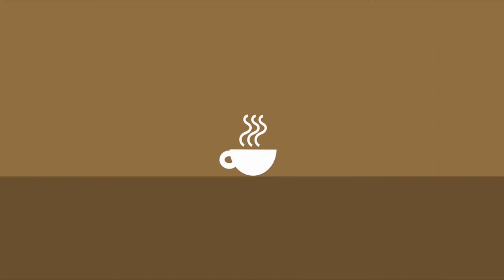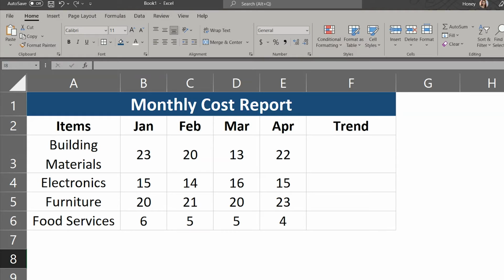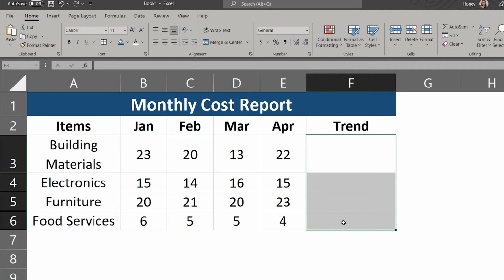Here's how. Let's open our Excel that contains the table data. In this example, I named it Monthly Cost Report. Looking at the table, it would be hard to instantly determine the increase or decrease of cost per item from January to April. Let's go ahead and highlight the blank cells where I would like to put a